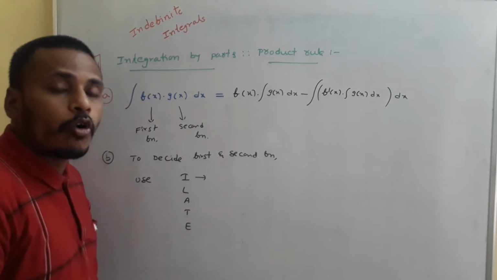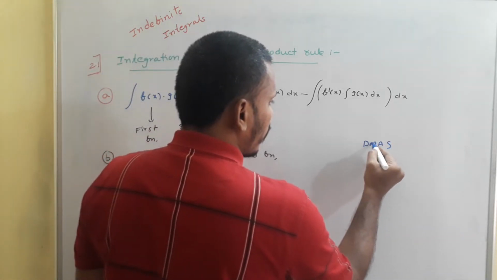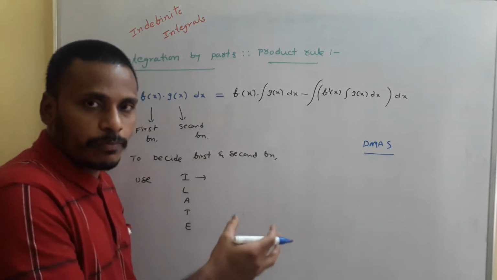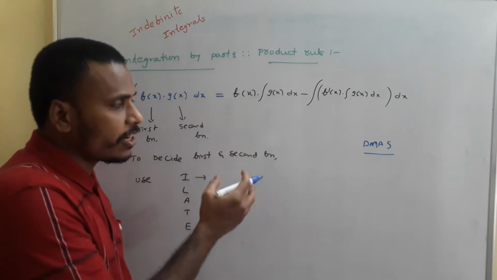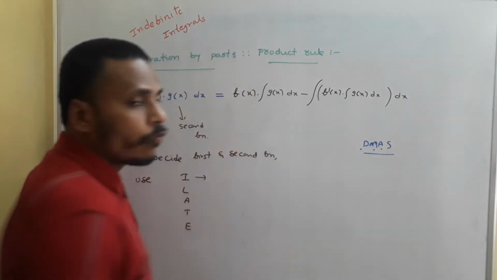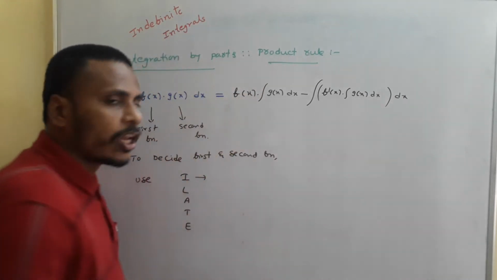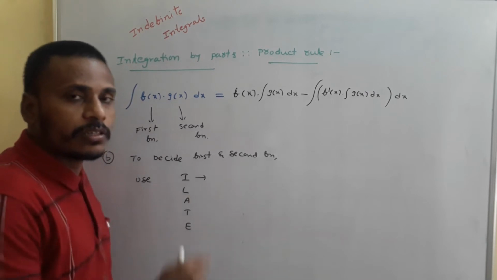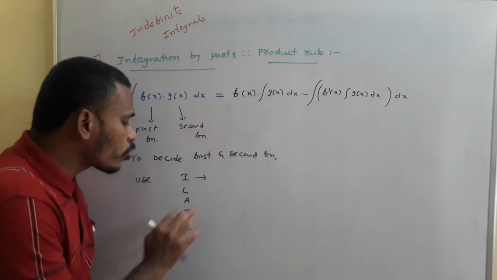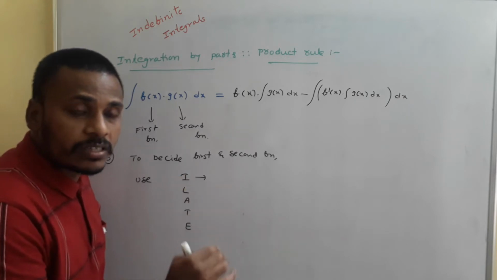This ILATE, in the sense, this I represents inverse trigonometric. Okay, I think you all know the BODMAS rule, right? DAMAS, or BODMAS. If you face a simplification problem involving addition, multiplication, subtraction and division, you do division first, then multiplication, then addition, and then go for subtraction. You have an order there. Why do we need to follow that order? For an accurate result and for easier simplification, we need to use the DAMAS or BODMAS rule. Now this ILATE also fulfills that purpose. It helps us apply the integration by parts technique in an easy manner.